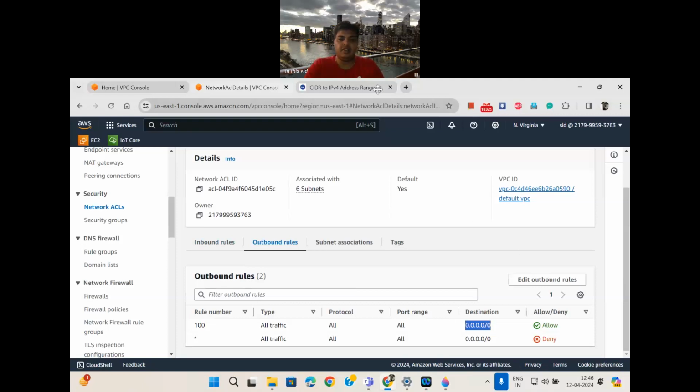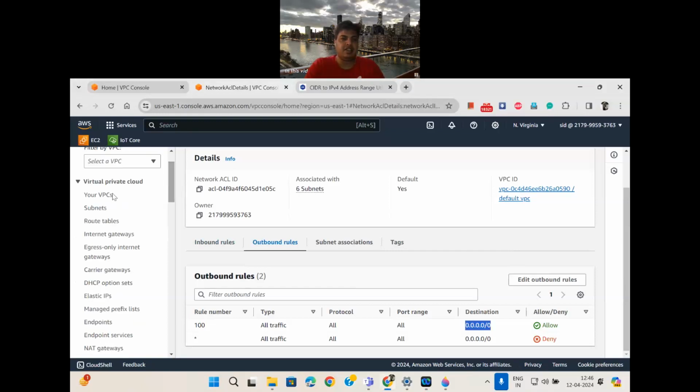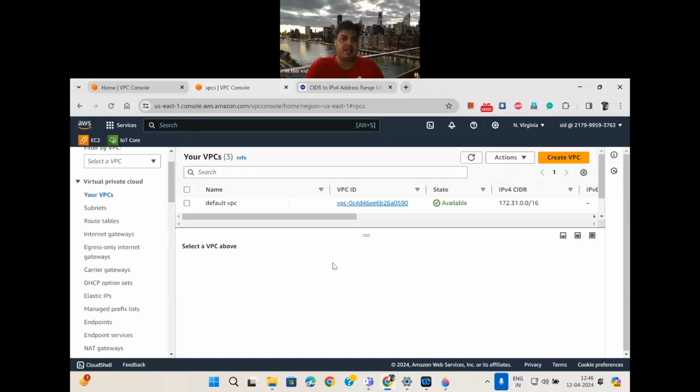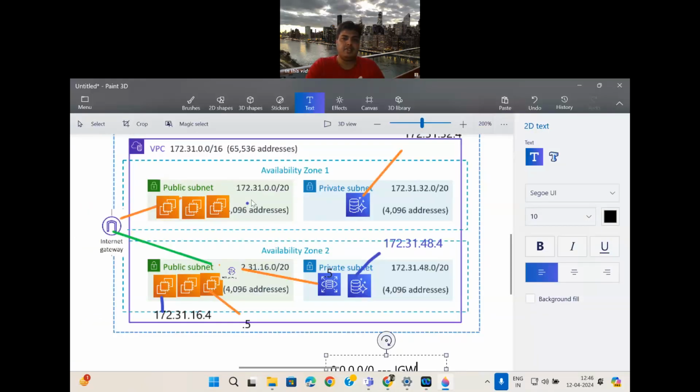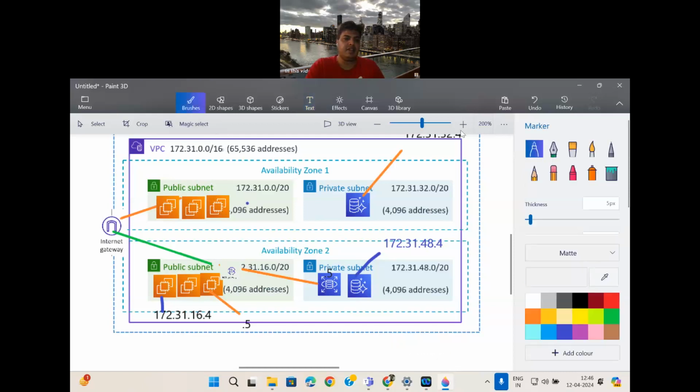That's the end of the session for VPC, guys. So this is how you create your VPC. You attach your network ACL at the subnet level over here. So the network ACL is attached here, and the security group is attached at the EC2 instance. So this could be our security group, and this will, let's say I